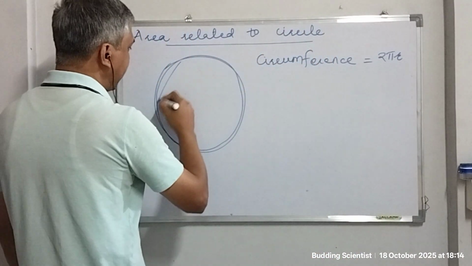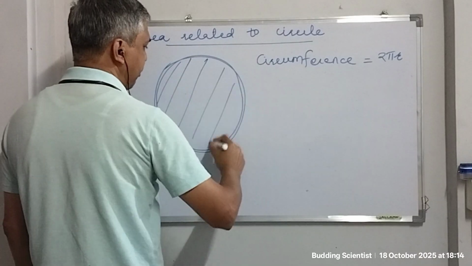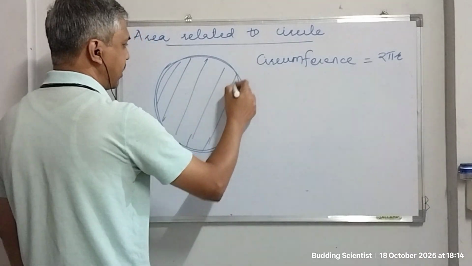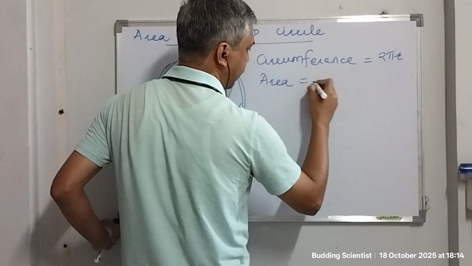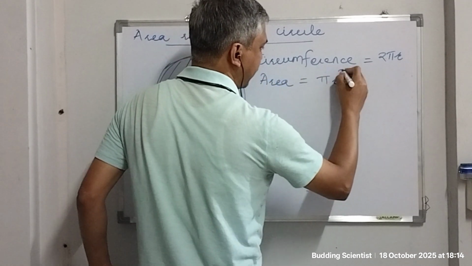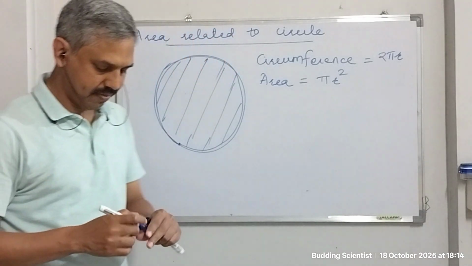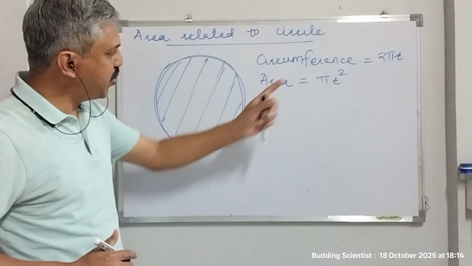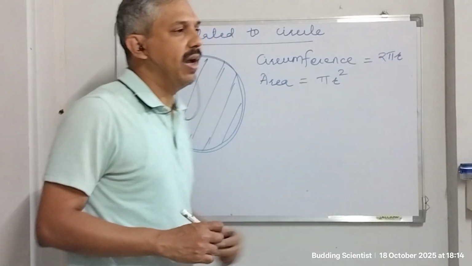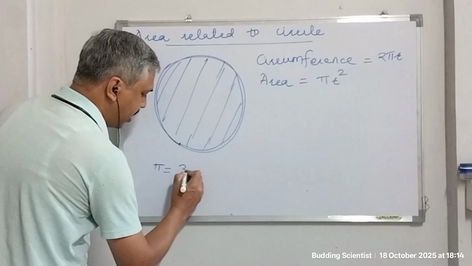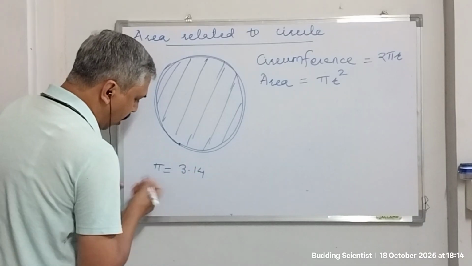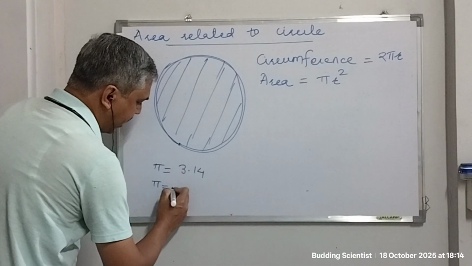The area of the circle is this area that has been covered by the circle or that is inside the circle. And this area is equal to pi r square. This value pi is a specific constant and its value is 3.14, or you can also take the value of pi equal to